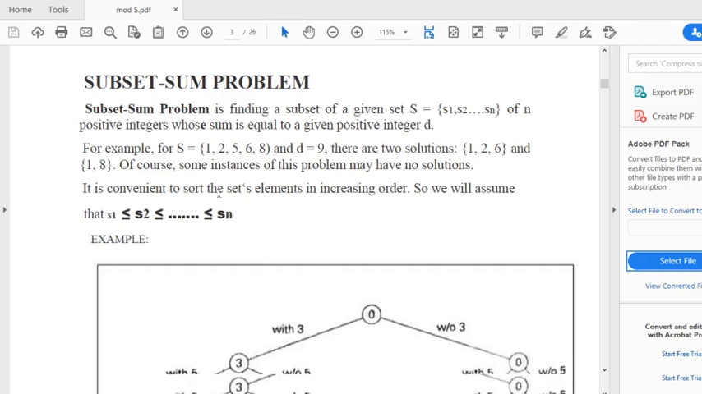Let us understand the subset sum problem. The subset sum problem is finding a subset of a given set S equal to S1, S2, and so on to Sn of n positive integers whose sum is equal to a given positive integer d. Let us consider a set S equal to 1, 2, 5, 6, 8 and d equal to